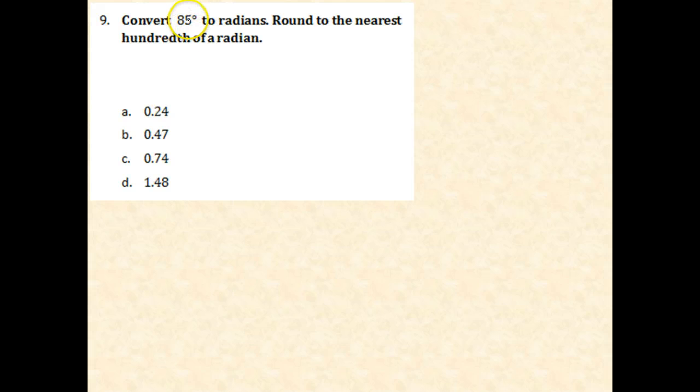When we're converting between degrees and radians, we're always going to be using the fact that pi radians equals 180 degrees. So we're either going to be multiplying by 180 degrees over pi radians, or pi radians over 180 degrees. And which one of these we use depends on which direction we're going, from degrees to radians or from radians to degrees. In this case, we're going from 85 degrees to radians. So 85 degrees times